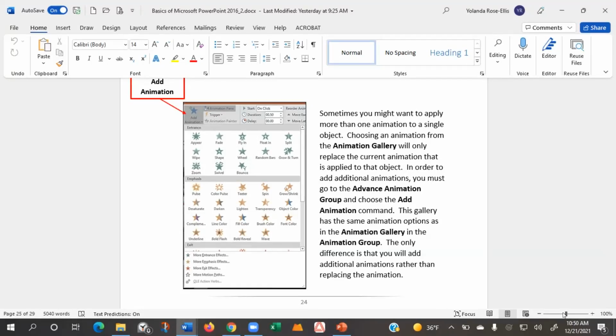So let's say your text. You can apply as many animations as you want to text or pictures or any other object. But when you want to add more than one animation, you have to go to